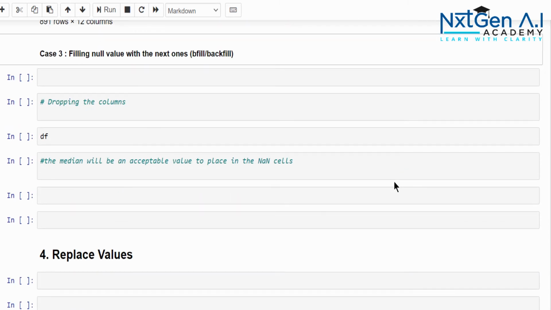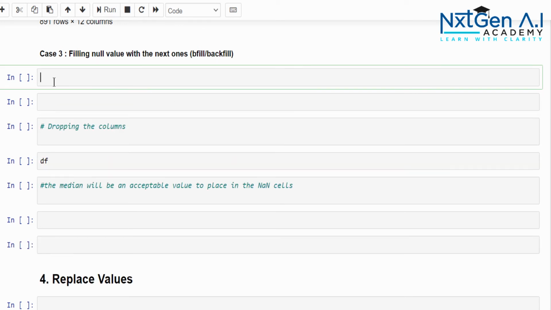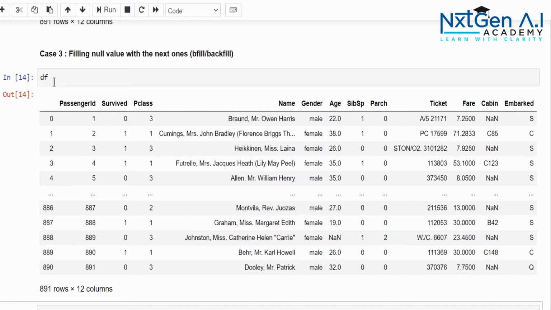In the same way, we can fill the null values with the next one. What does that mean? In the data frame, filling the null value with the next one means this NaN will be filled by the next value C85, this NaN will be filled by C123, and this NaN will be filled by 26.